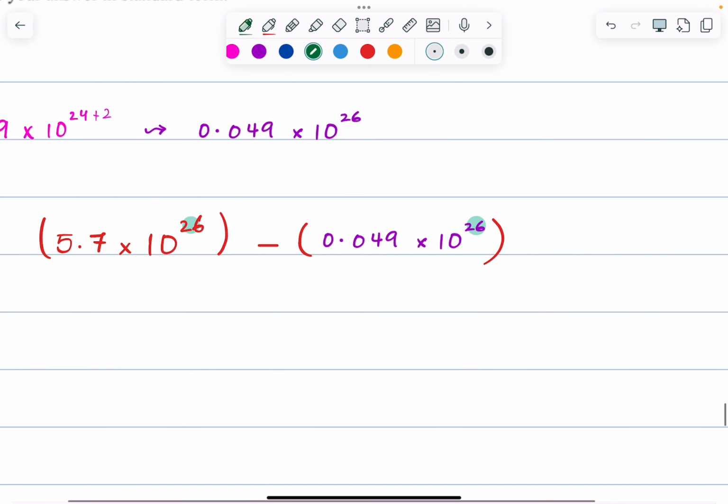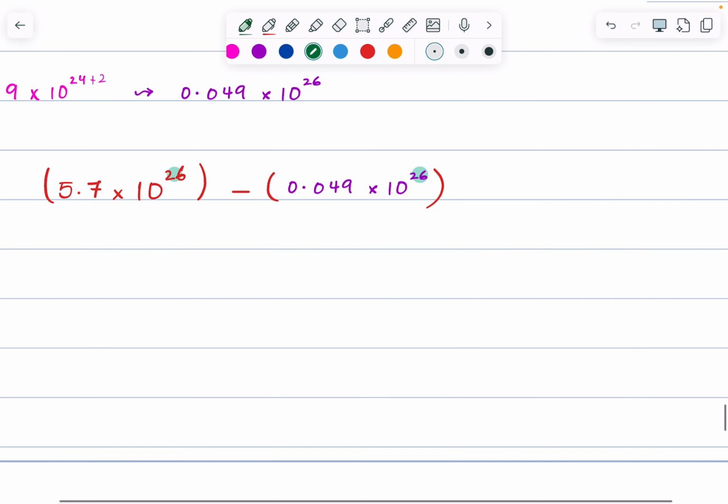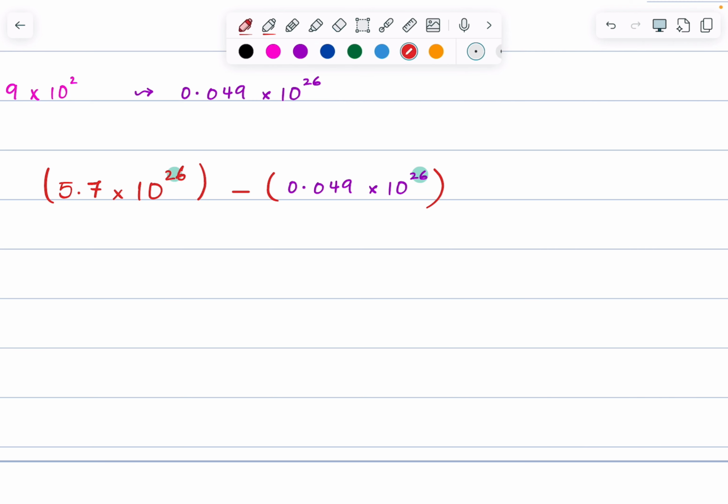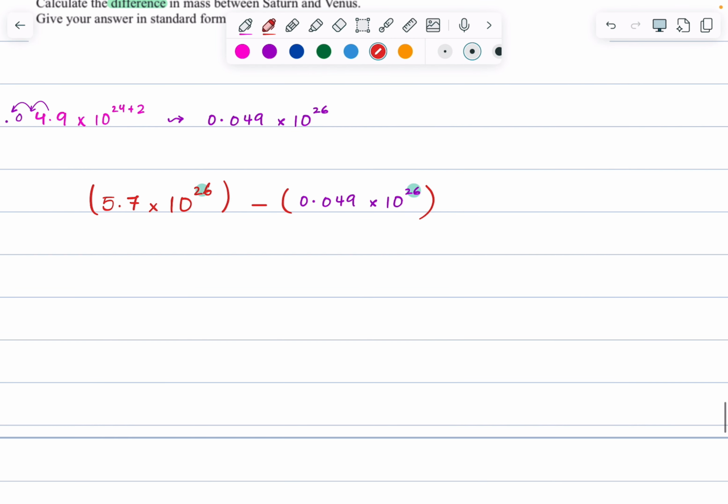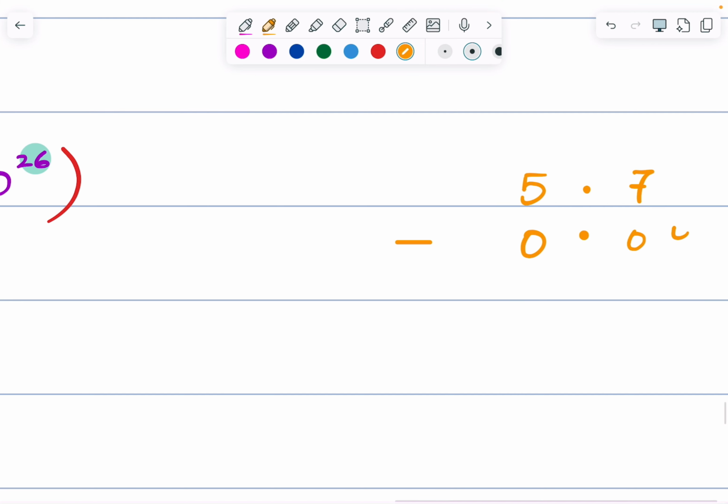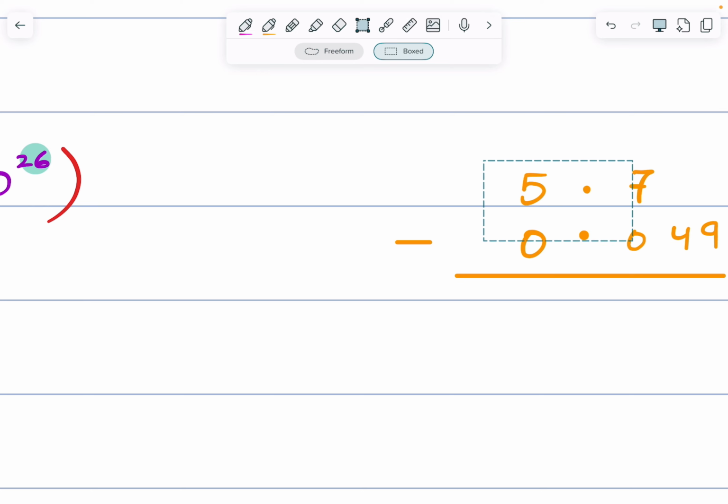If you're having trouble ki woh subtraction kis tarah se karni hai, koi ghabrane ki baat nahi hai. Let's do it together. Ek simple sa trick hota hai subtraction ka for decimals. The only rule is ki jab aap subtraction kar rahe ho, you write it like a column and you're subtracting. Remember, because it's non-calculator, you should know how to subtract. You need to remember to put the decimal underneath the decimal. I'll show you. I will write 5.7 minus 0.049. Got it?